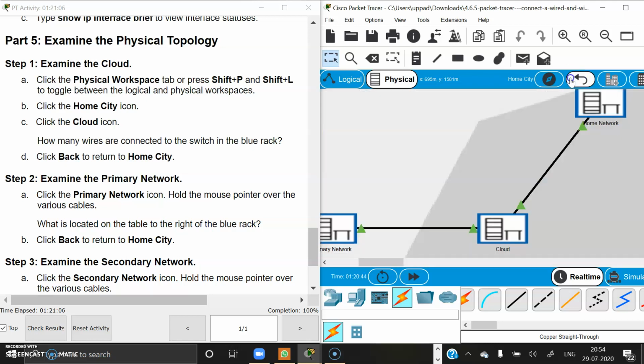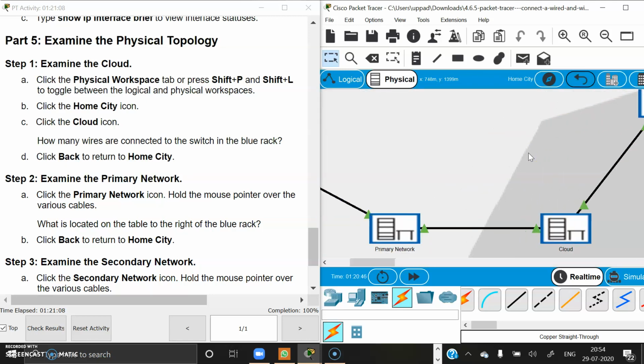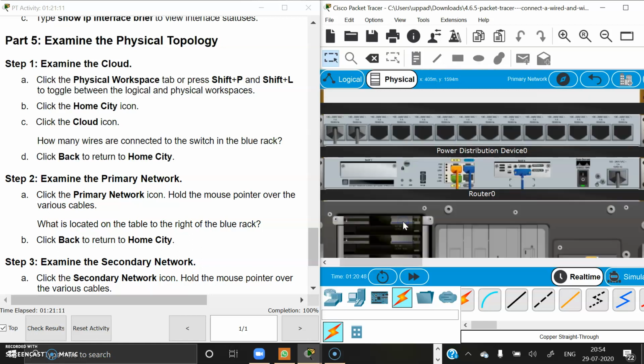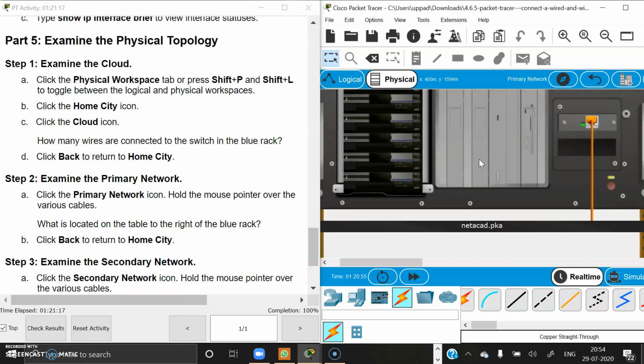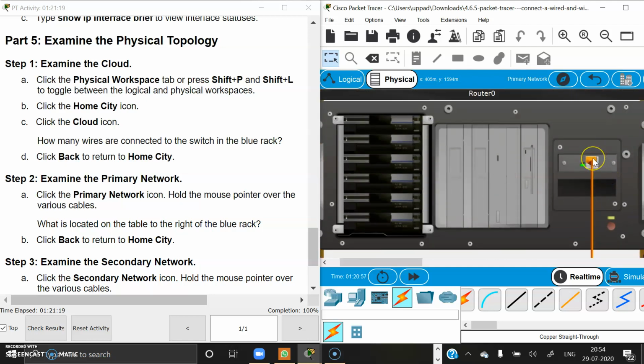And in the same way, now we will examine the primary network. As we can observe here, this is the router and this is the server. In the server, the source device is netcat.pka, the source port is FastEthernet 0, and the destination device is the router.